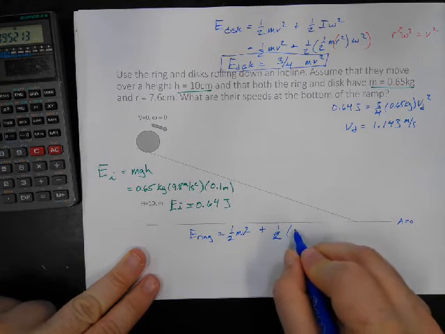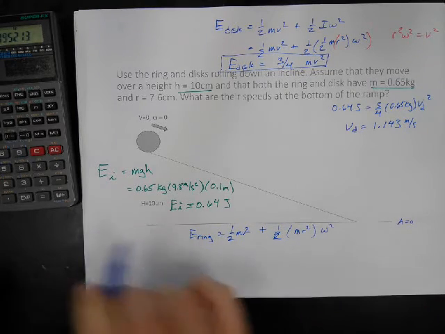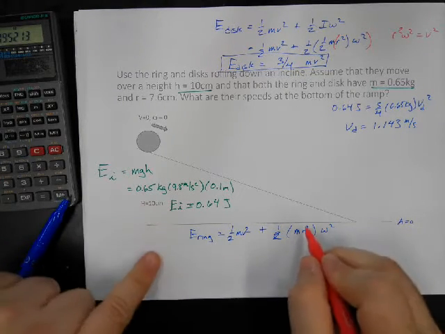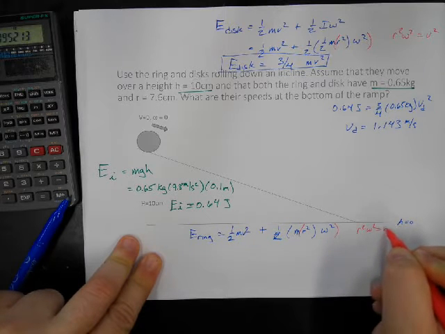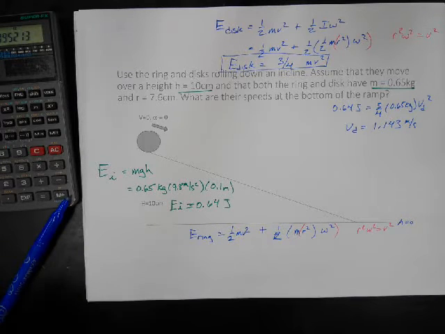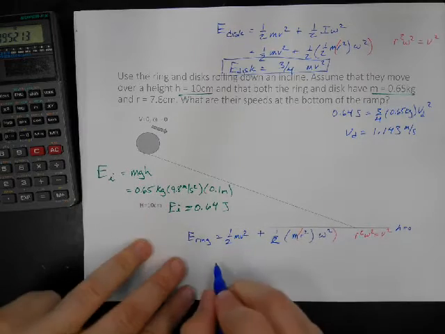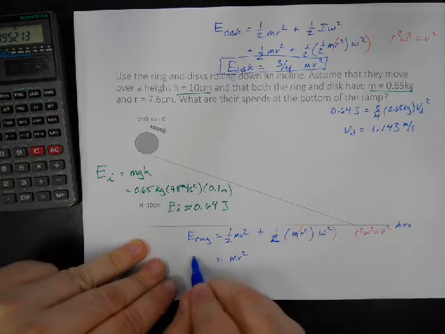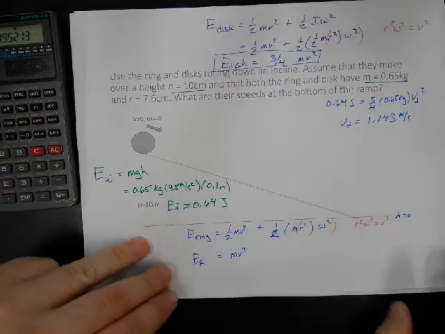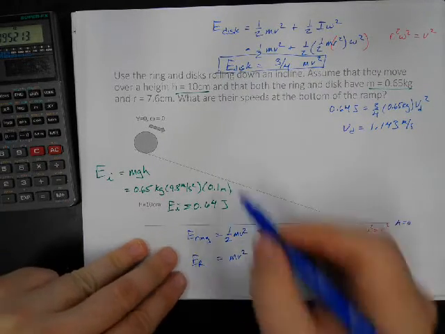And I here is mr squared times omega squared. And we're going to do the same substitution trick: r squared omega squared is v squared. So what we have is 1/2 mv squared plus 1/2 mv squared. And so the energy of the ring is just mv squared. So now we can find that here. We can say, well, the energy of the ring is this